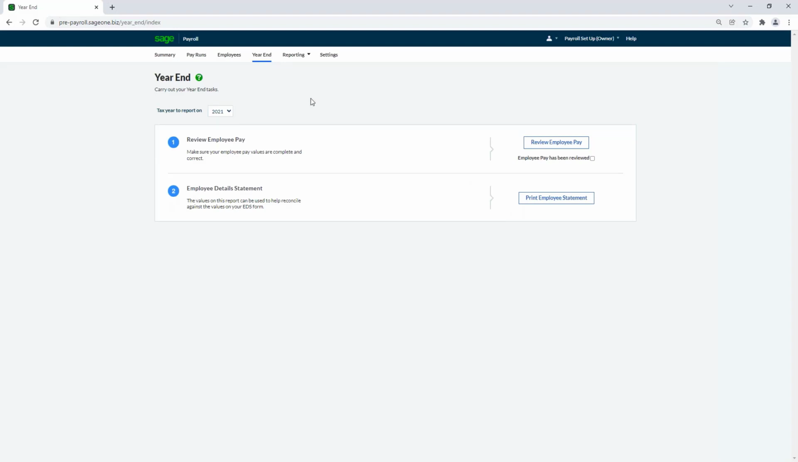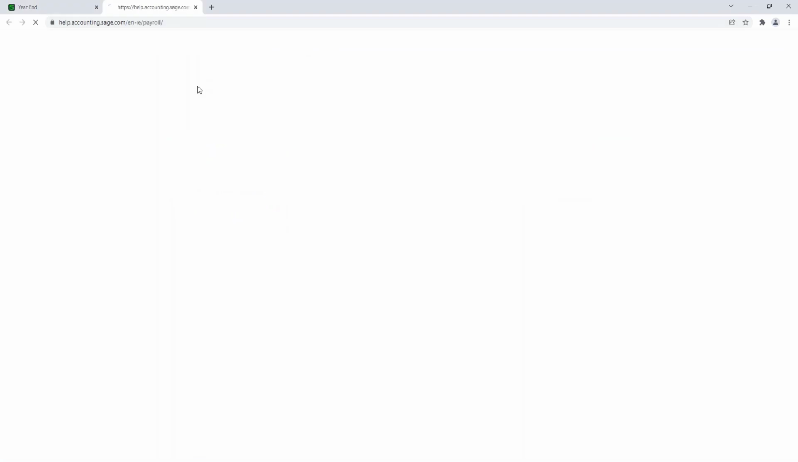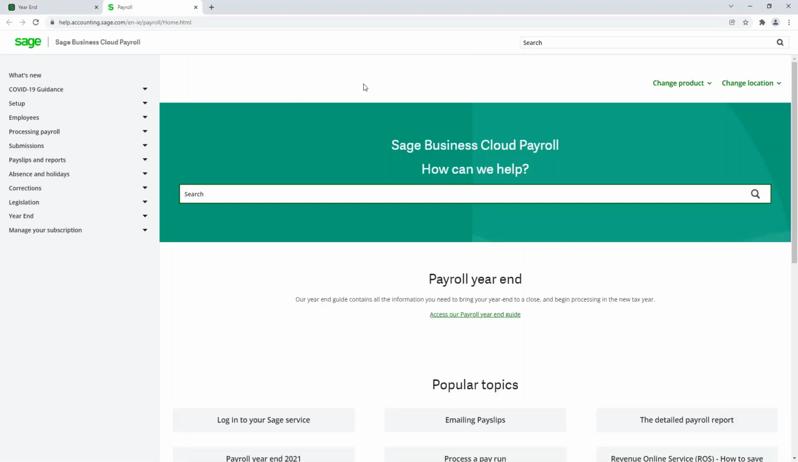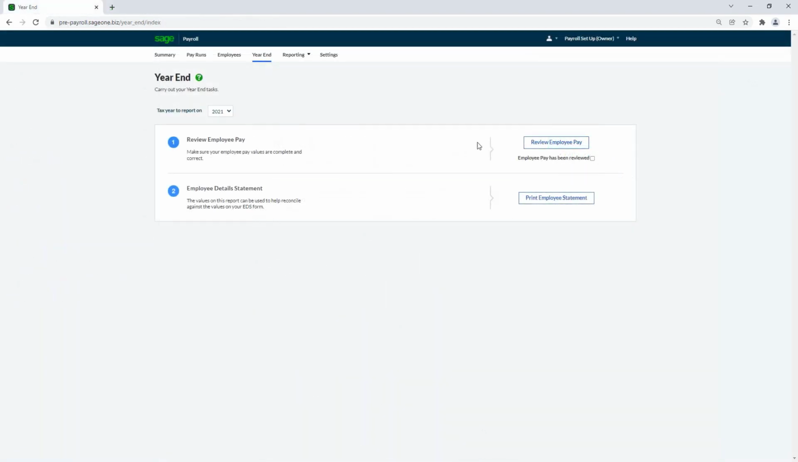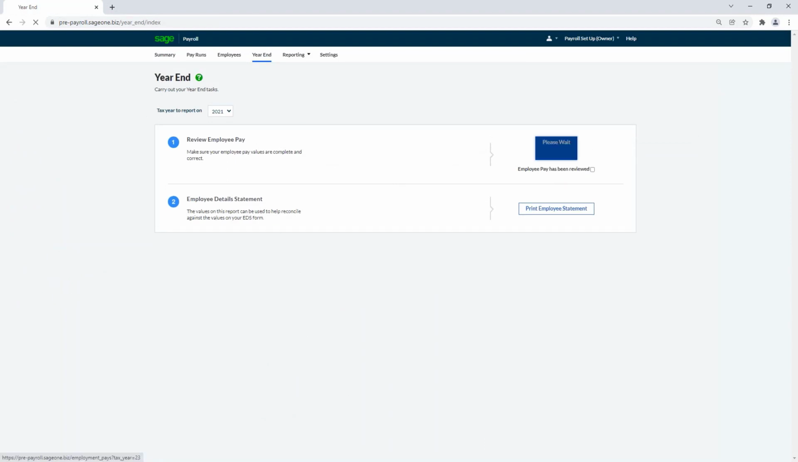Please remember that when you're going through this process, we do have help options available. If you choose the question mark icon at the top here, that will take you to our help files and you can access our payroll year-end guide. So moving on to the reports within the year-end section. If we click Review Employee Pay,